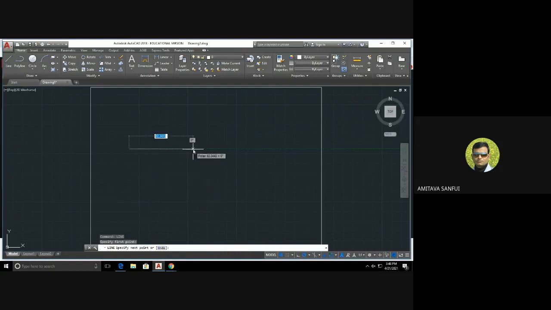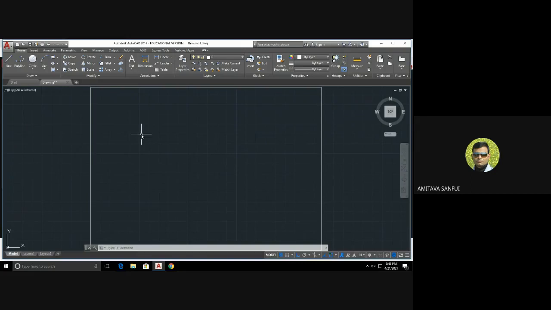Now see, currently it is very difficult to draw a horizontal or vertical line, and some inclined lines can also be drawn. So we have to turn ortho on. We can type here ortho, O-R-T-H-O. We can switch it on and off, or you can directly press F8. See, ortho was off and ortho is on now. By turning ortho on, a horizontal or vertical line can directly be drawn. This is equivalent to the use of a drafter in your drawing.